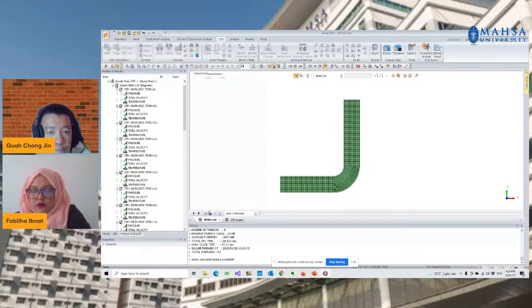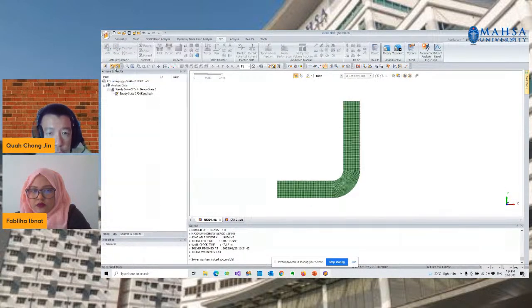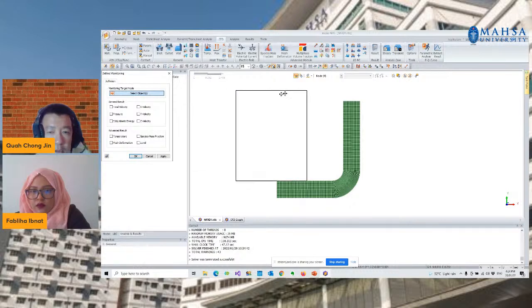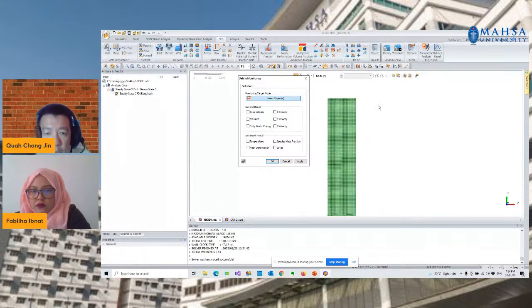What a CFD user would usually do is, we know that this is the inlet and this is the outlet, and we would like to monitor extra parameters near the outlet usually. So we have to make sure that the velocity is converged, the pressure is converged. In this case, because we already include the temperature or the energy equation, we have to make sure that this information is really converged in the CFD solution.